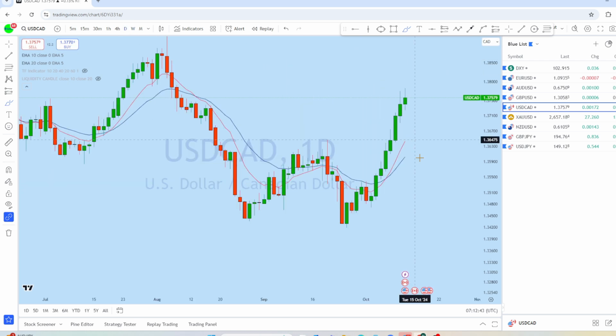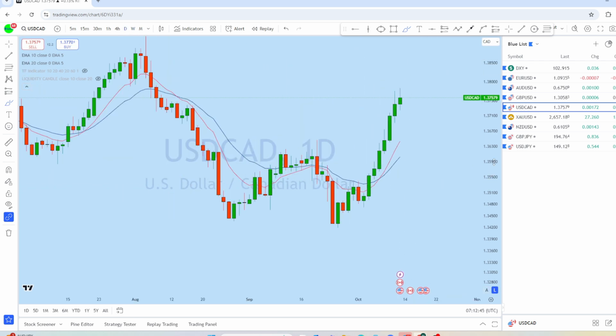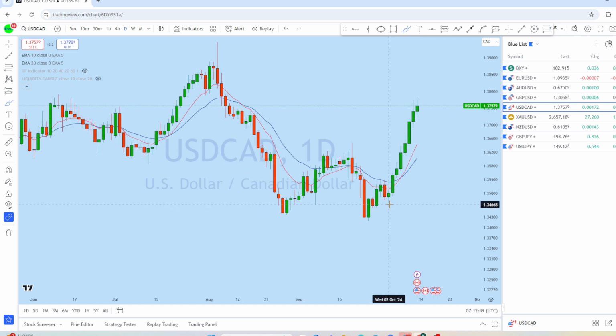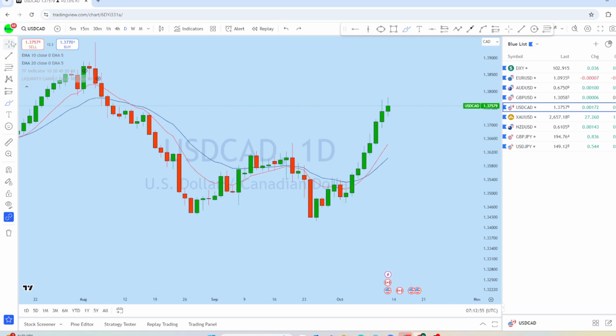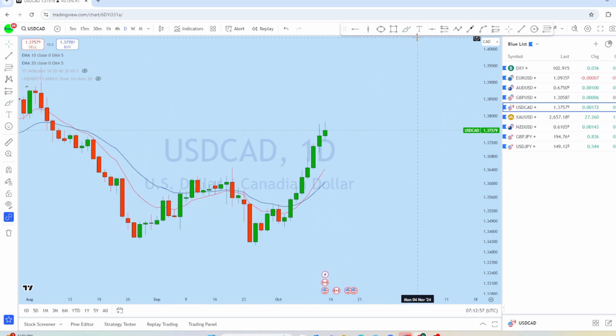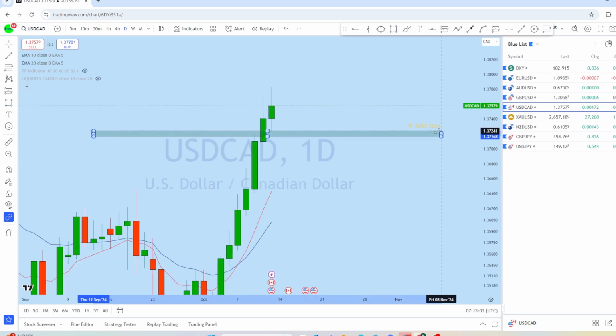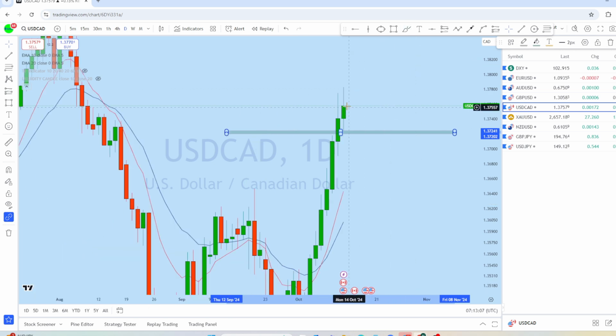If we look at the daily chart, this is a notoriously bull market. We can see a very strong bullish impulse on dollar CAD, and with that bullish impulse, we can expect this market to come back down to the support level, where we could initially see the market retest, potentially see a break of structure, and then bounce back up to create a new higher high.